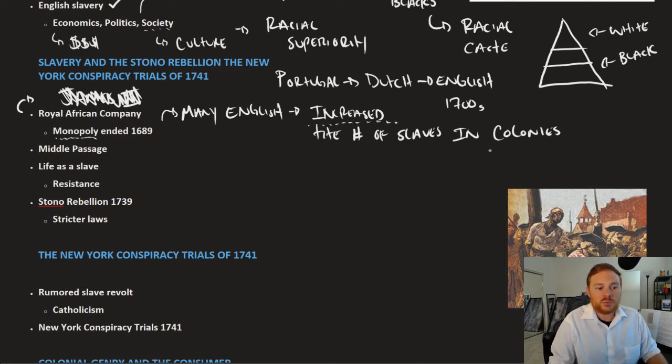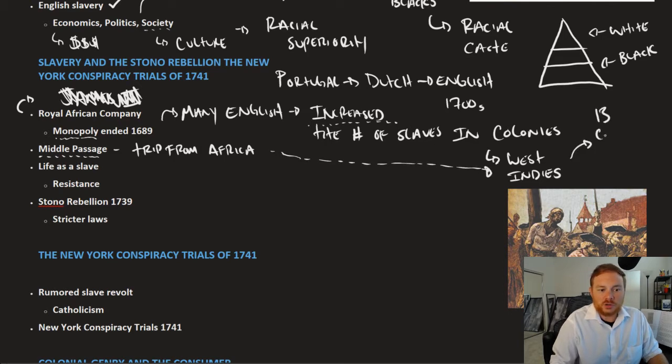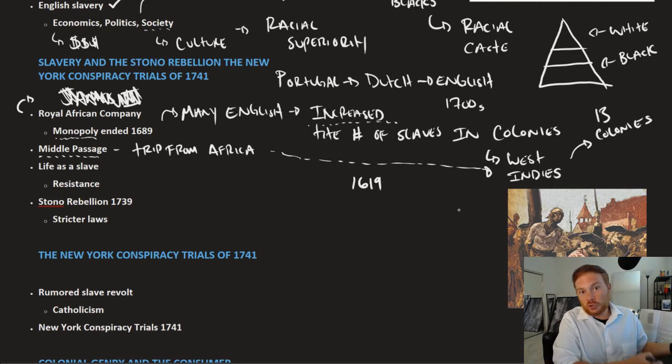And again, primarily where slaves are ending up is the West Indies. But oftentimes, as a slave, you could be brought on the Middle Passage. Middle Passage, recall, is the trip from Africa to the West Indies. And then you might be traded to one of the 13 colonies, right? We recall that crucial year 1619. That's when the first African slaves arrive to the English colonies in North America. Those slaves arrived from the Caribbean, from the West Indies, not directly from Africa. The Middle Passage often involved this trip and then arriving perhaps via the West Indies to the 13 colonies.